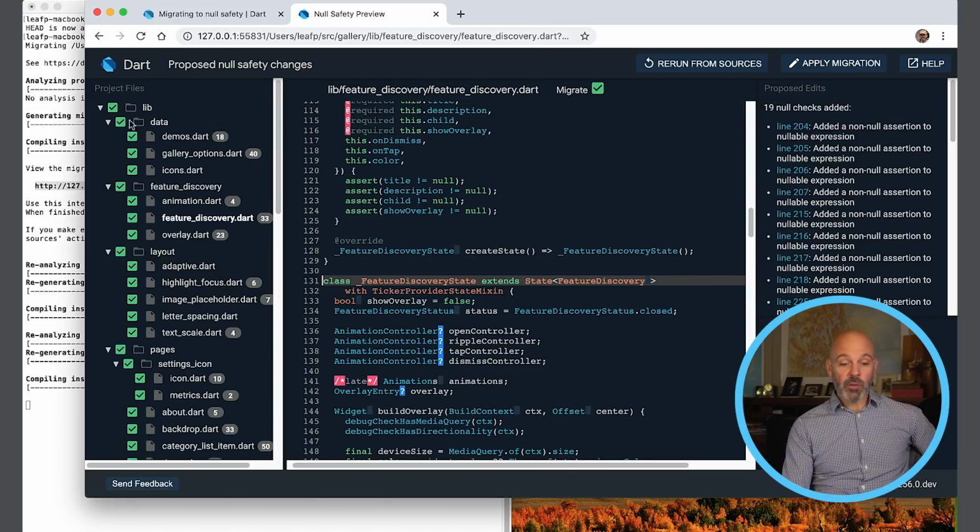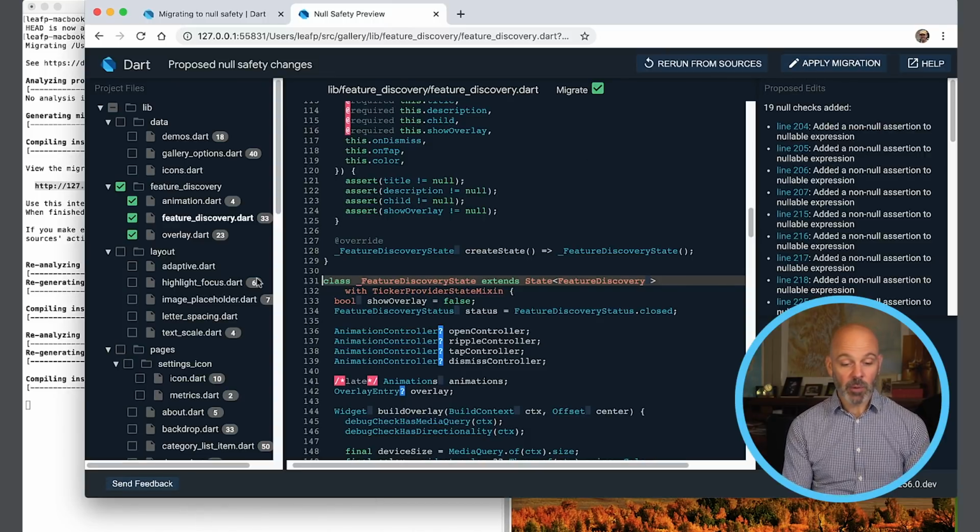So that's the basic workflow that we're talking about when we talk about using the tool in an interactive mode. We look at the changes that the tool is proposing. We think about them either using the preview pane, which gives us information about the reasoning that the tool has made, or we look in our IDE to try and understand whether it's making the choices that we want it to make, and we override any choices that we don't like, and then we rerun it until we finally get something that we like. And then if we want to, we can take all, or again, some of the code and apply the migration to it.